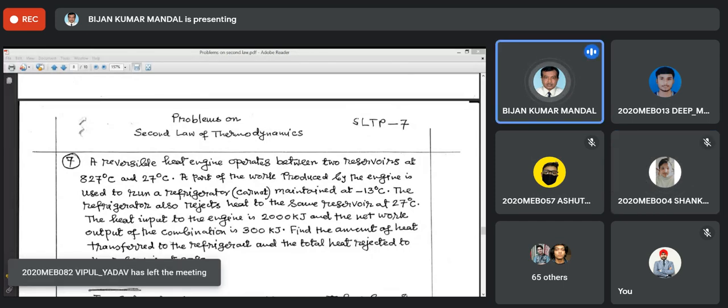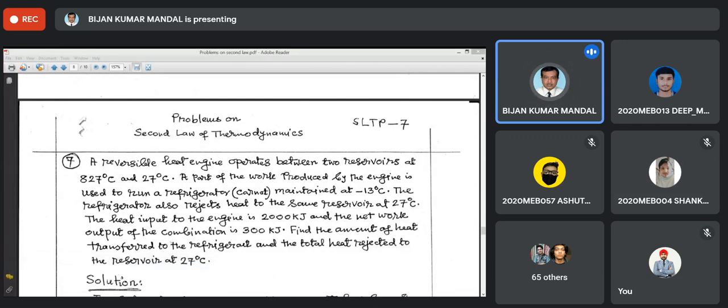So that is basically to denote that it is a refrigerator which will run with maximum COP, and that is basically a reversible one, so that our calculations will be easier. In that case, we'll be able to write straight in terms of temperatures, T1 and T2. If it is not a reversible or Carnot heat engine or refrigerator, we cannot write the expression for efficiency or COP in terms of temperatures only. Then it will be W by Q1 or Q2 by W. Then you have to know properly that. Anyway, so let's move then.